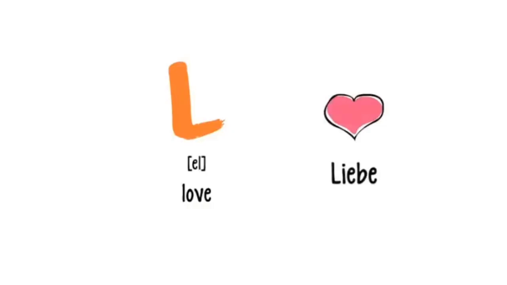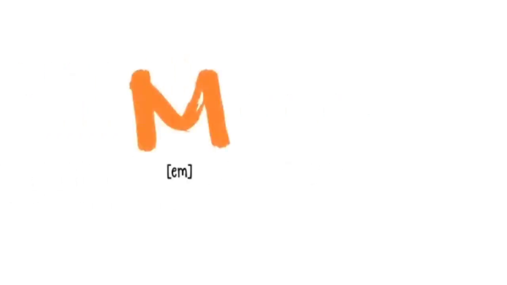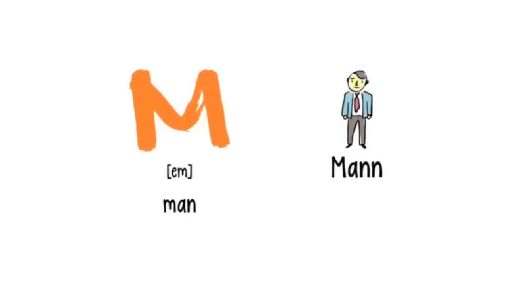The next letter is L. L is pronounced like the L in the word love, and the translation for love in German is Liebe. M is pronounced like the M in the word man, and the translation for man in German is Mann. N is pronounced like the N in the word night, and the translation for night in German is